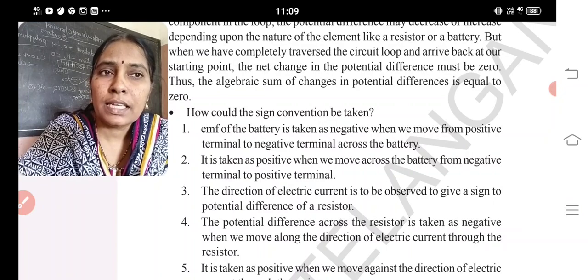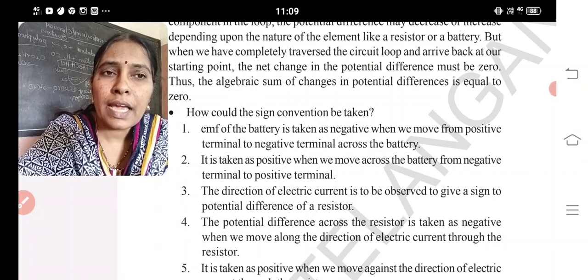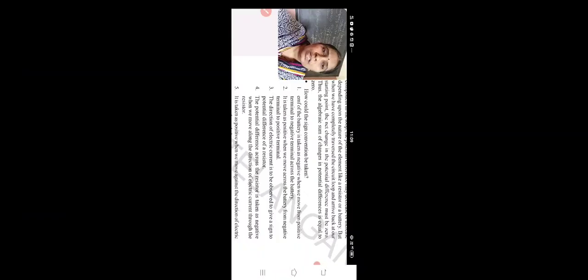The EMF of a battery is taken as negative when we move from the positive terminal to the negative terminal. It is taken as positive when we move across the battery from the negative terminal to the positive terminal. The direction of electric current is to be observed to give a sign to the potential difference of a resistor. The potential difference across the resistor,